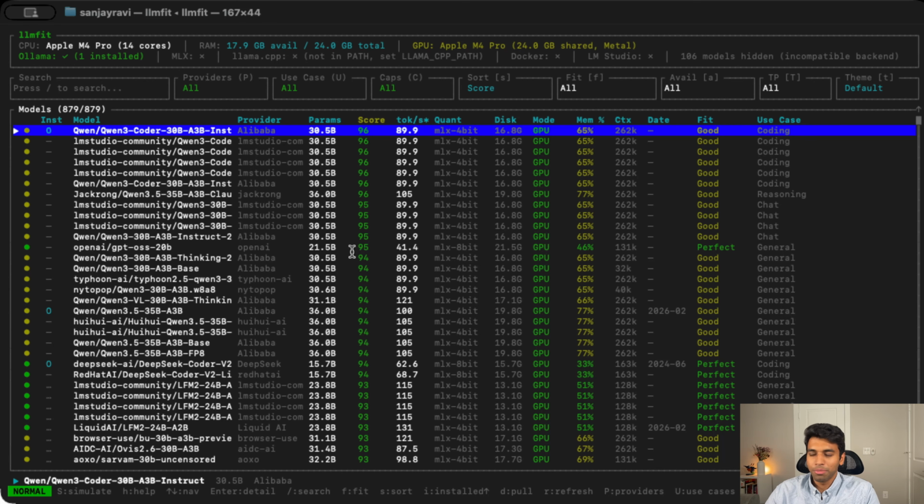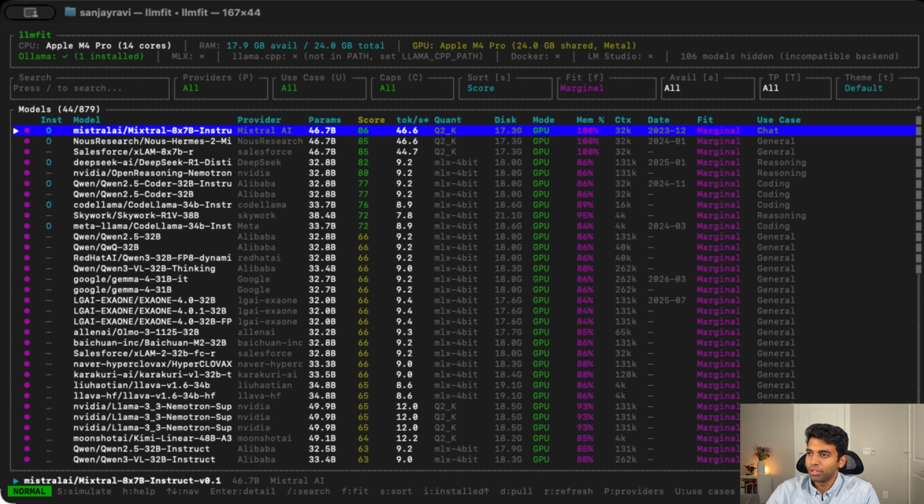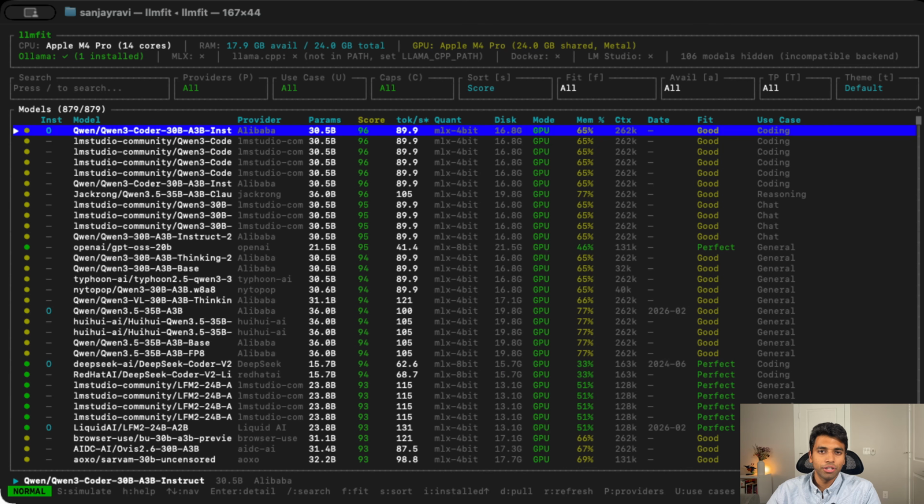A lot of this information is a bit overkill for me. It's not super interesting, but there's two things that I always look for. The first one is fit. So here are the keyboard shortcuts to help you slice and filter through this data. If you hit the F key at the top, it'll show runnable and perfect and good, marginal, and too tight. So it's telling you, based on the hardware that you have, what model will actually fit on your laptop